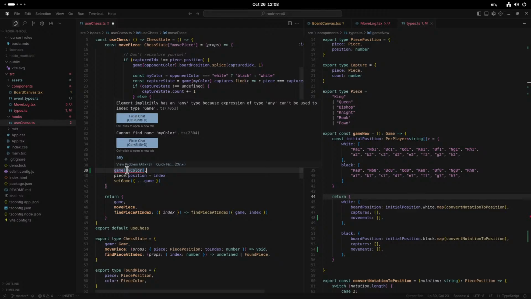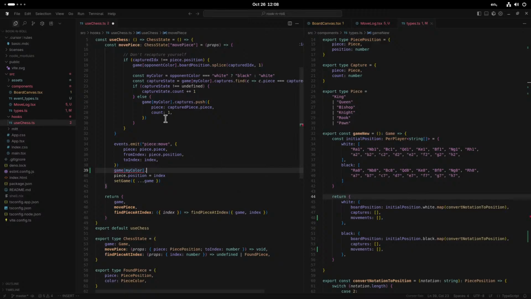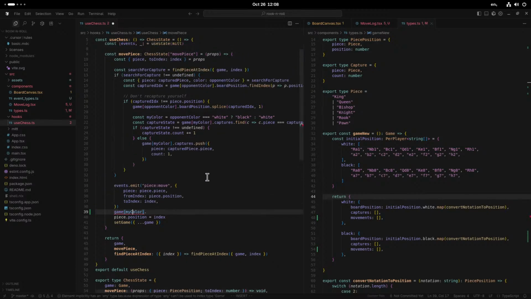Element implicitly has type any because expression of type any can't be used. Okay, well, why is it any? Is it because it doesn't exist here? Okay, hang on. Oh, it doesn't exist. Okay, where's opponent color defined? Right here. Okay, now this is important. I don't know my color. I don't know my color